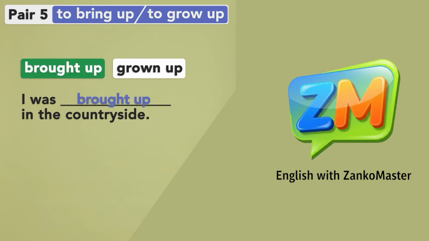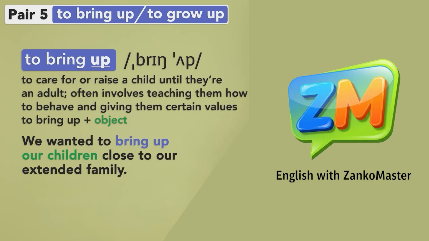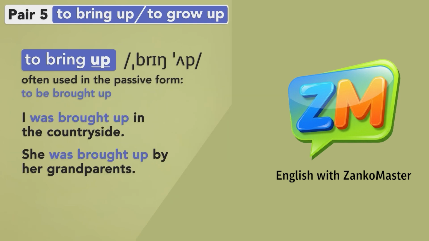Let's see why. To bring somebody up means to care for or raise a child until they're an adult. Often it involves teaching them how to behave and giving them certain values. It needs an object. For example, we wanted to bring up our children close to our extended family. This phrasal verb is often used in the passive form, to be brought up. Like in our example sentence earlier, I was brought up in the countryside, or she was brought up by her